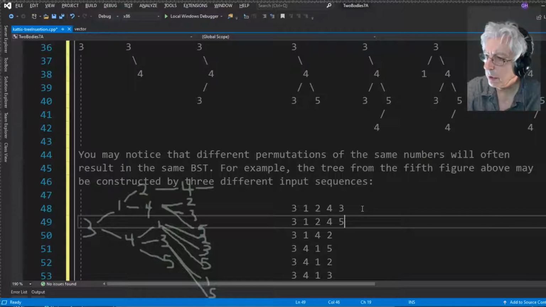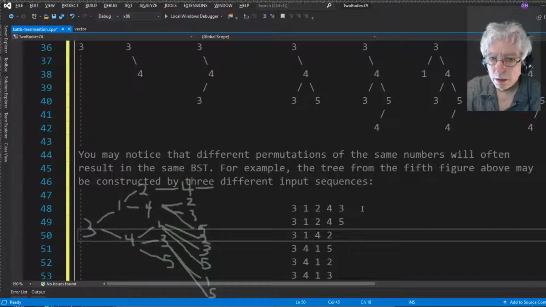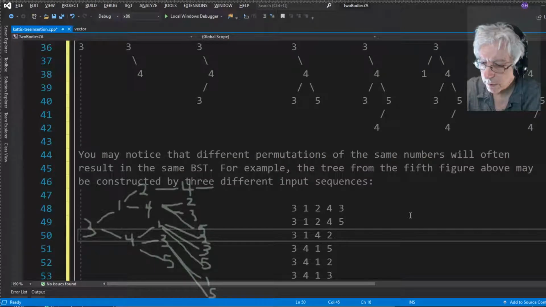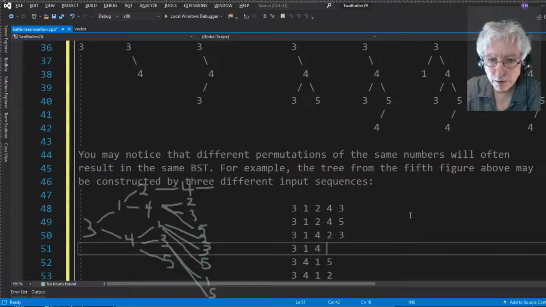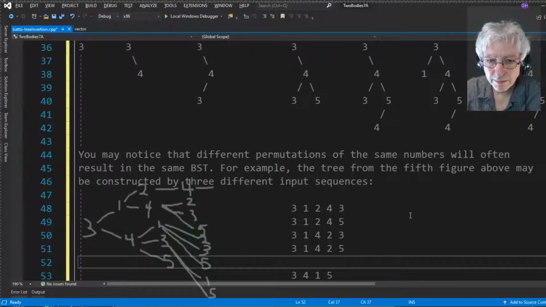So 3, 1, 4 could be followed... well, 3, 1, 4, 2. 3, 1, 4, 2 could be followed by either a 3 or a 5, right? So 3, 3, 1, 4, 2, 5. I think okay, so